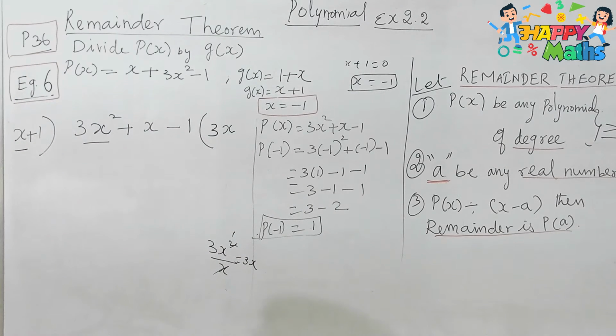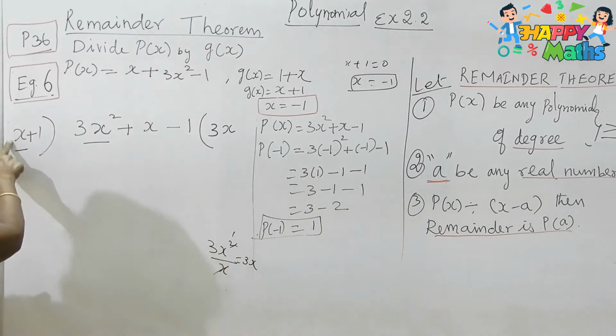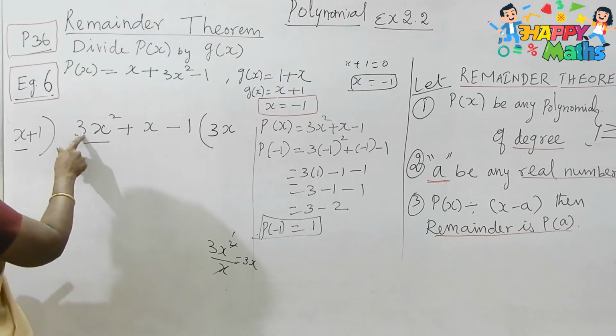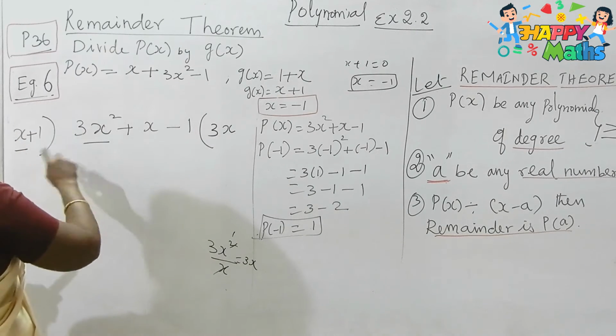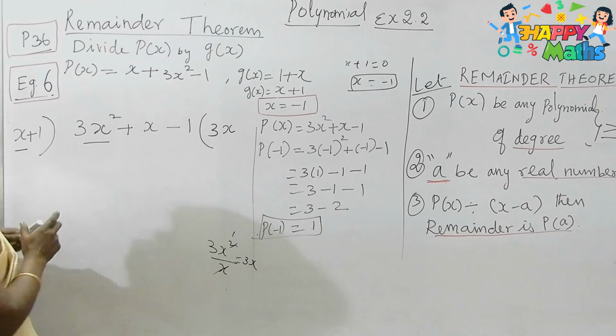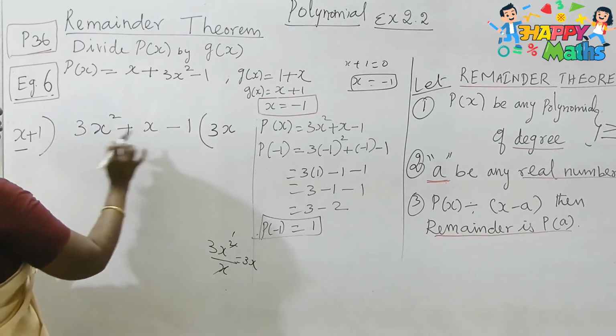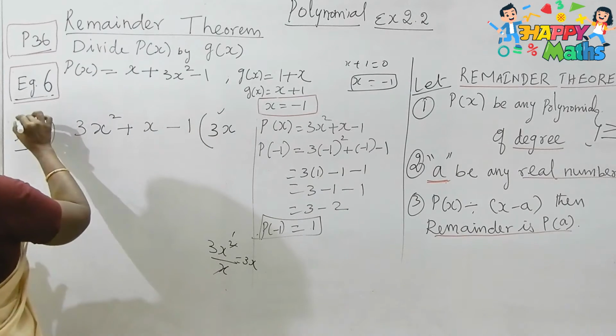Okay, what is short now? So that we will make it into writing. So here it is 1, so here it is 3. When I divide this 3 by 1, only 3 is coming. This is 2 power, this is 1 power. I need one more extra x. Okay, so I am writing it 3x. Okay, now I need to multiply this 3x and x plus 1.